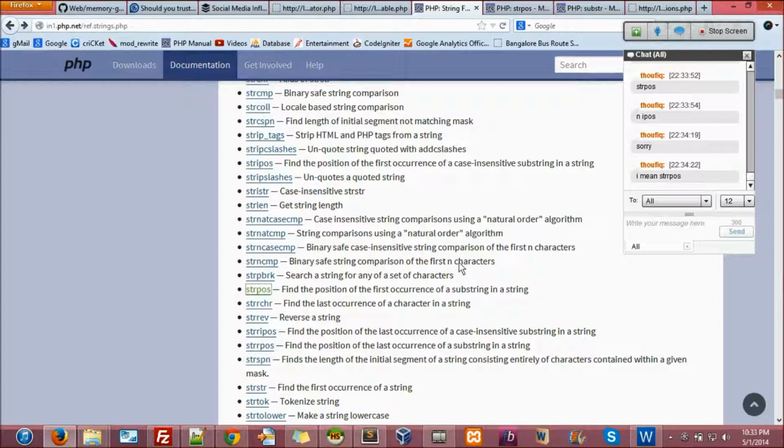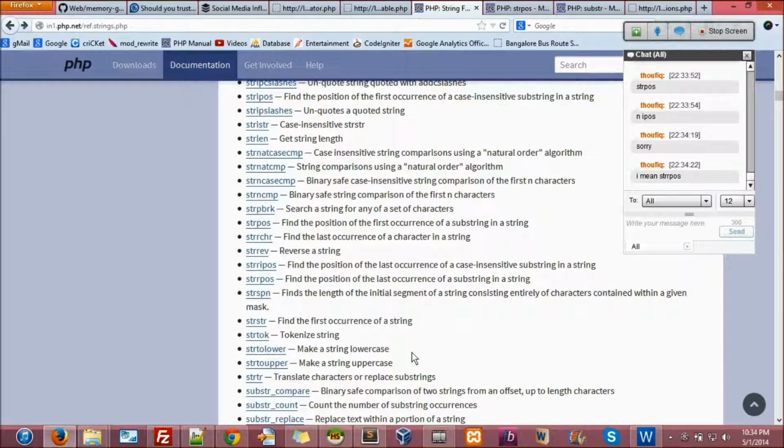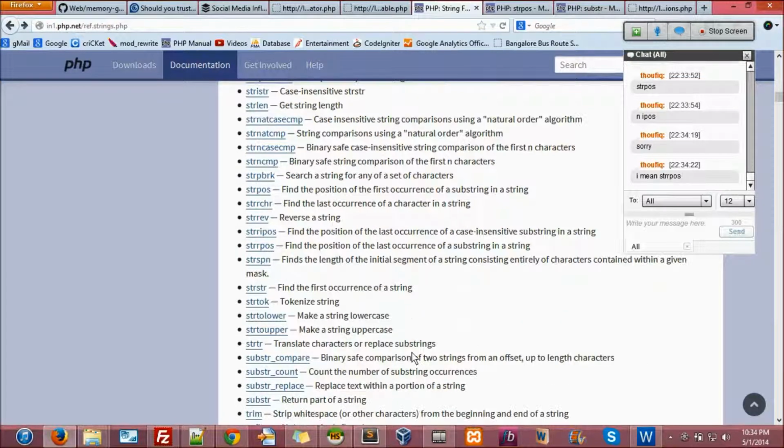R for reverse. Okay, you see here, string position will start from the first position of the string, and it will give the first occurrence, whereas R will start from the reverse, from the back of the string. R, see, last occurrence. R stands for reverse there.